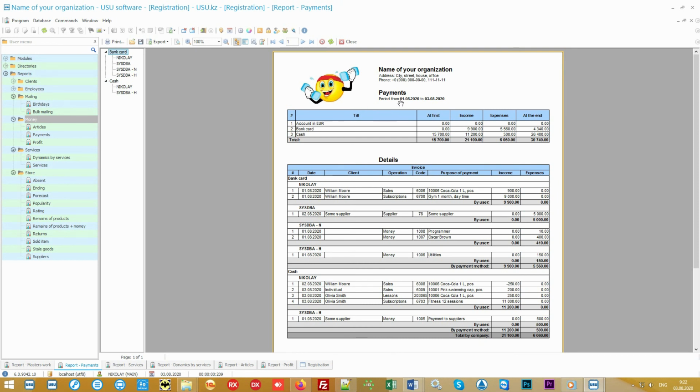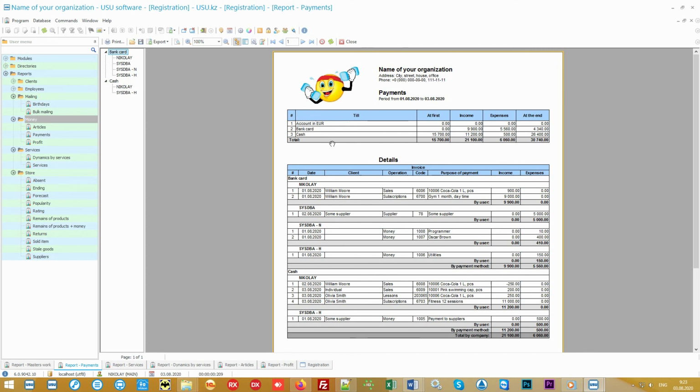Using it in real time, you can view balances at any cash desk and bank account, see the total turnover on the income and expenditure of funds. If necessary, check the balances with a detailed statement. If you have a network of departments, you can see all the branches at once. But each branch will only see its own finances.